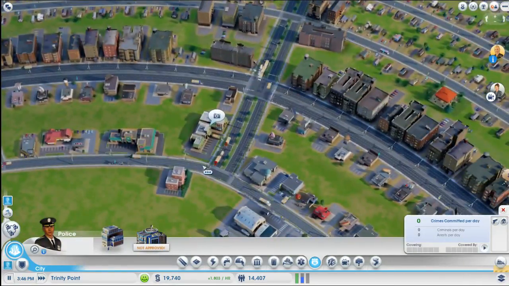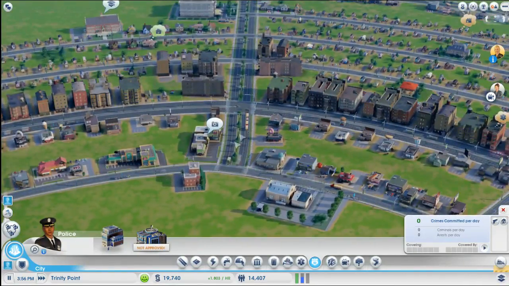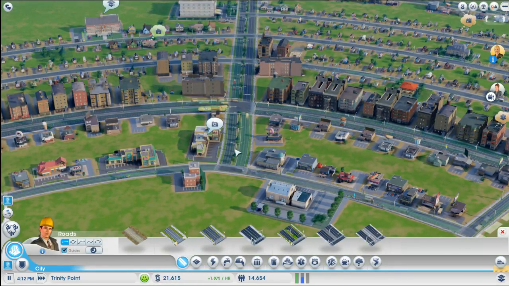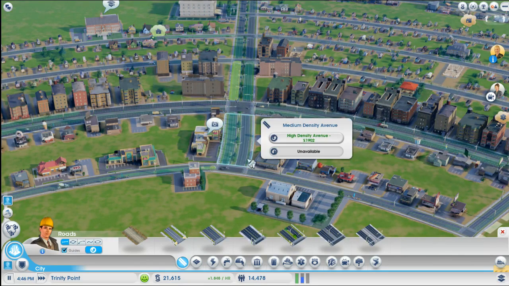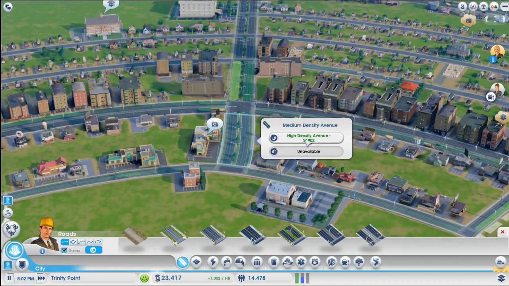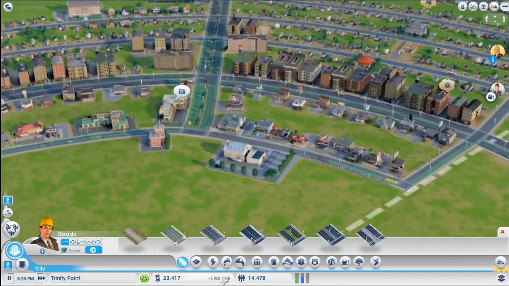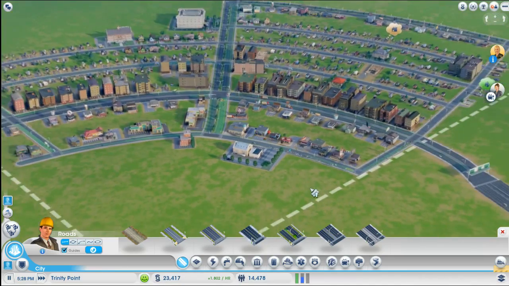If you screwed up your roads, like let's say maybe you don't actually need this upgraded to the highest road possible because you have mass transit, you put in buses or something, right? Well, you can easily go into the tool, and you can't downgrade it any lower than the current avenue, but I was at high density avenue. You can easily downgrade that to save some bucks and get yourself back to being nice and